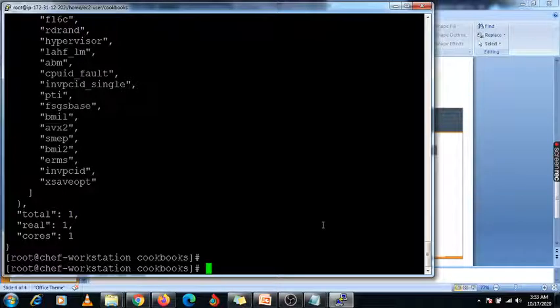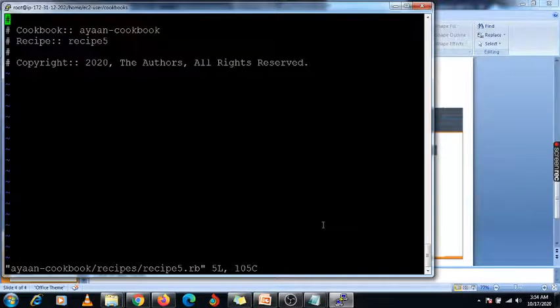Okay, now we have created one recipe with the name recipe 5, right? So again I am going to go inside my Ayan cookbook recipe recipe 5, and inside that I need to write some code.